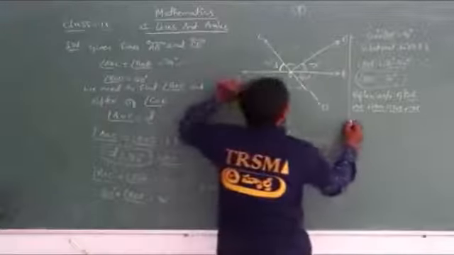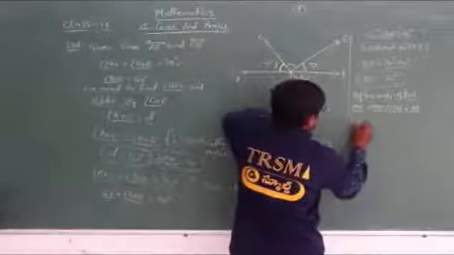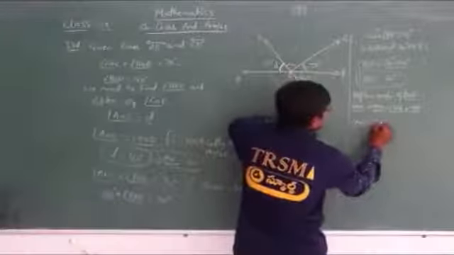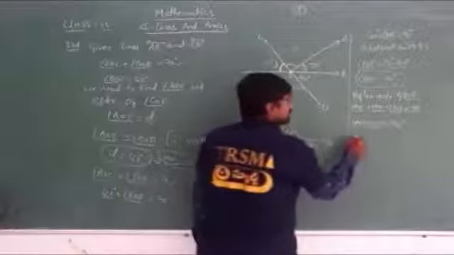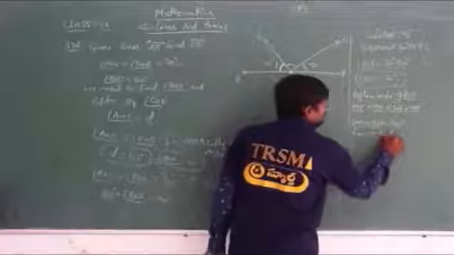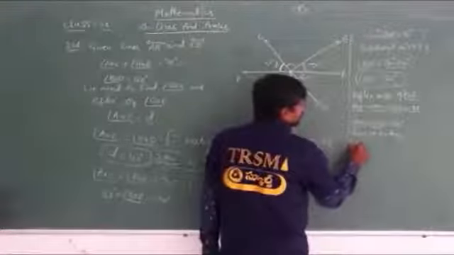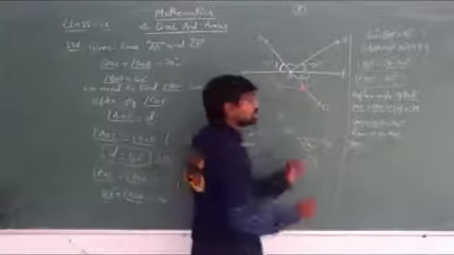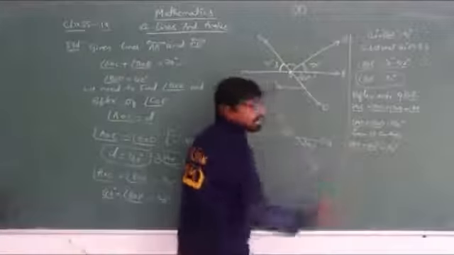So angle AOD plus angle BOD is equal to 180 degrees. Why? From the straight line angle. AOD we don't know, AOD plus angle BOD, yes we know how much, 40 degrees. So AOD plus 40 degrees is equal to 180 degrees. Now 40 is added